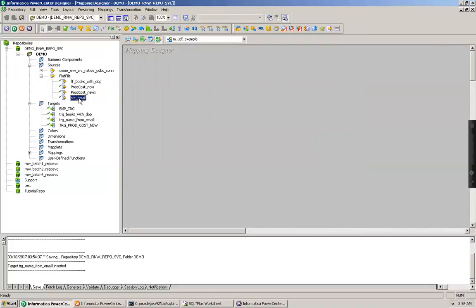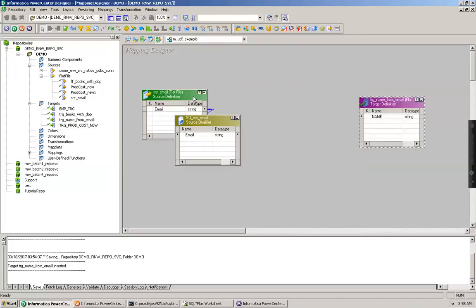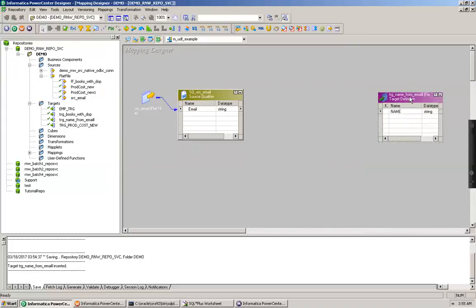And I'm going to pull the source and the target. So now I am supposed to use some transformation here which will do the magic for me. So the magic will be nothing but getting the value from the